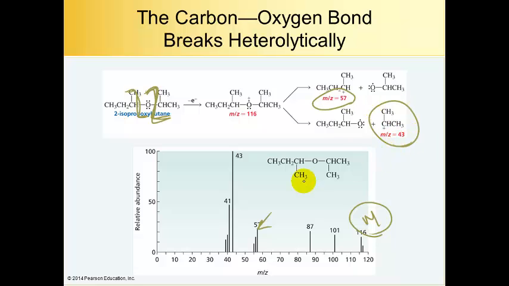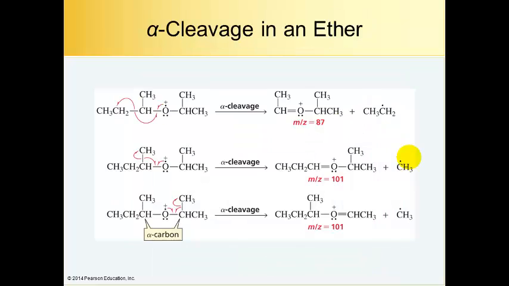So we have a mass charge of 43, which is here. And then this is what's left, but that doesn't have a positive charge, so we don't see it. And then what happens is this is the base peak because it's more abundant. Now, if we delve into it a little bit deeper, when we talk about alpha cleavage in an ether,